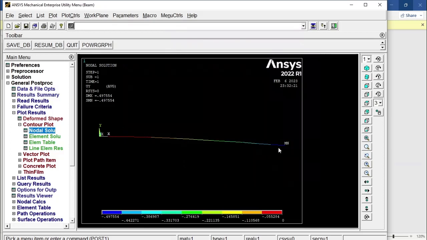Here we can see the maximum deflection. Because the direction is downwards, the end deflection will be negative, so that's why it is reading under the minimum. But the end deflection will be 0.497554. The unit will be mm. And if I want to find the nodal stress, or the axial stress,